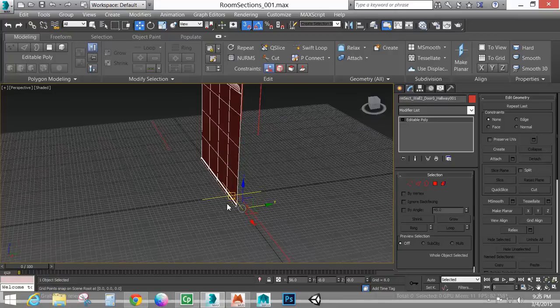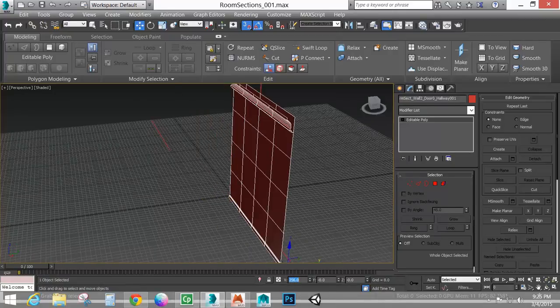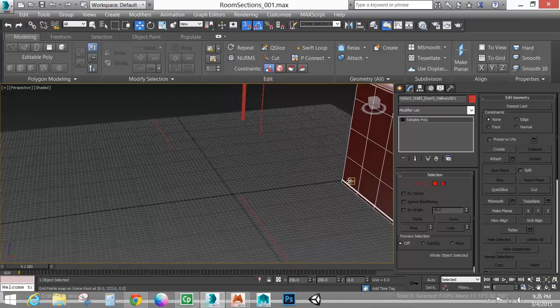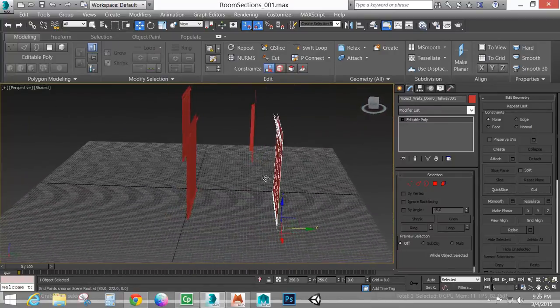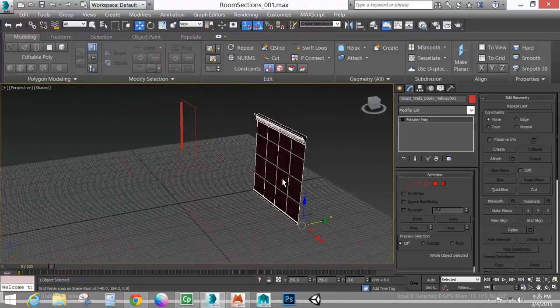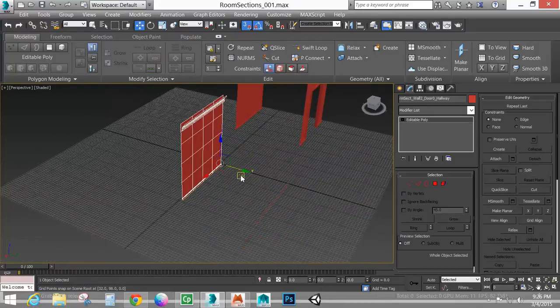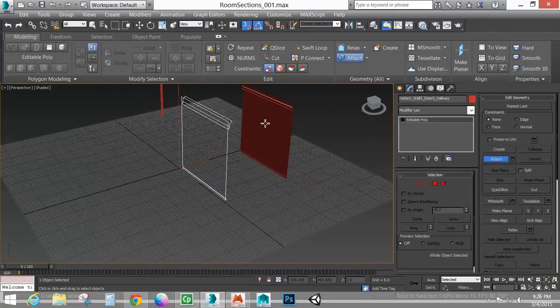And I'm also going to go 256, 256, and then I'm going to go 256 this direction. And so I've got these are going to be basically my two hallways, or any hallway section that I need. So now I'm going to take this one, I'm going to attach it to that one, and now I've got